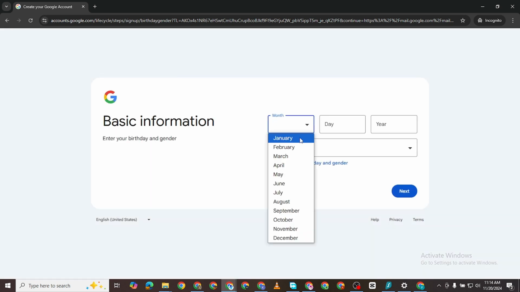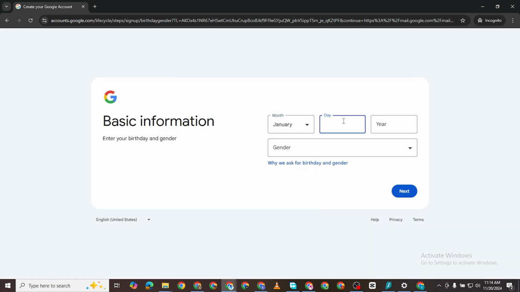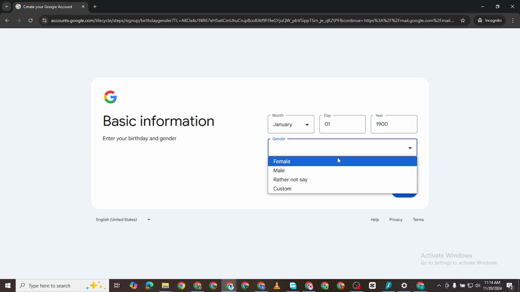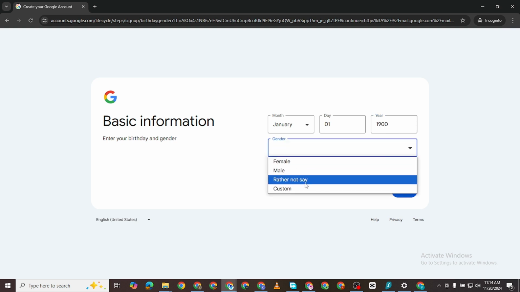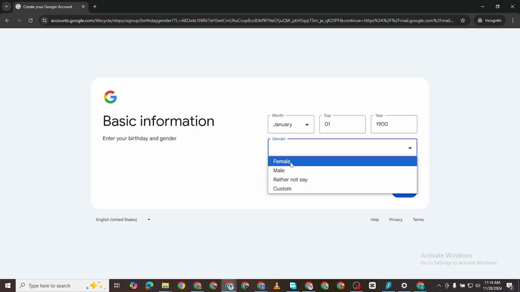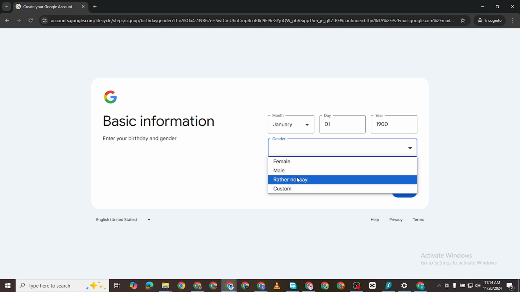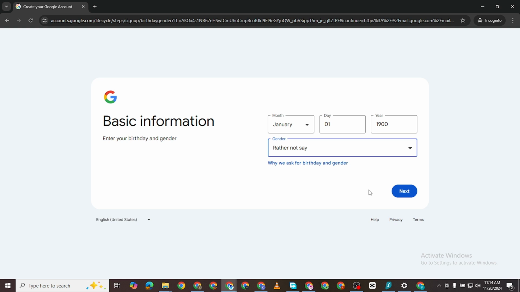I'll choose my date of birth. Let's just say January 1st, and then I'm going to say 1900, whatever date you desire. Male, female, rather not say, custom. I have no idea what custom means, but in my case I'll just say I'd rather not say. I don't think I want to tell anybody my gender. Well, you can decipher that from my voice. If you can't, then well, good and fine. I'll go to next,